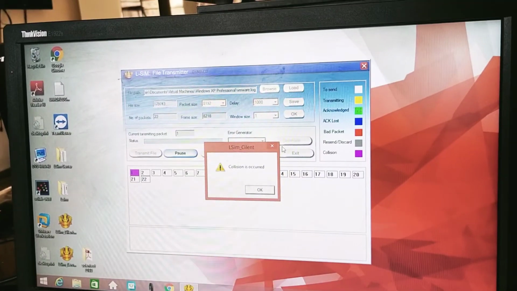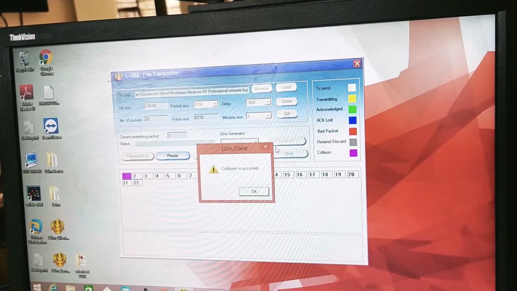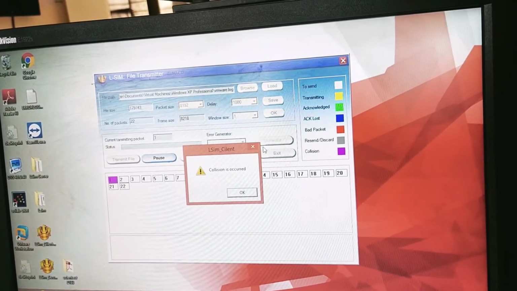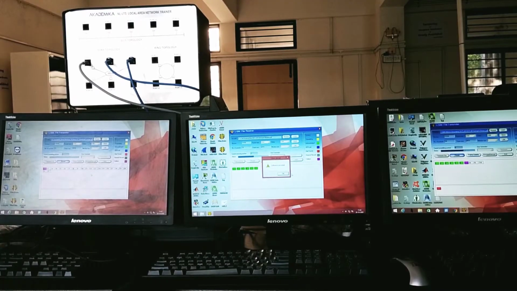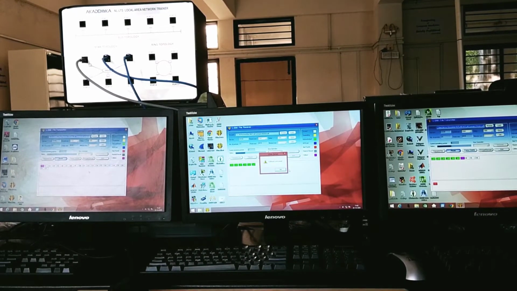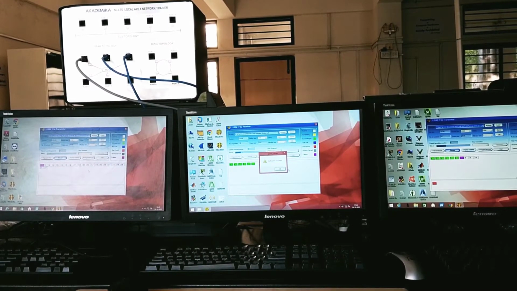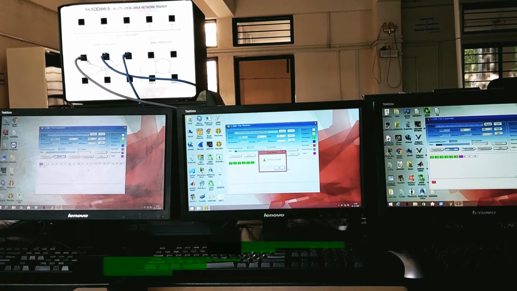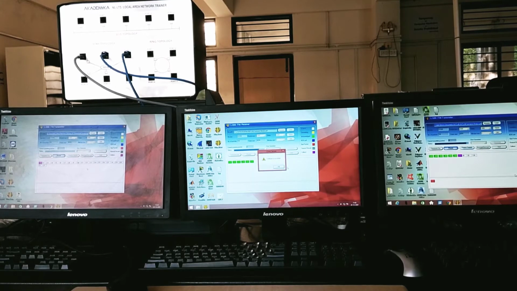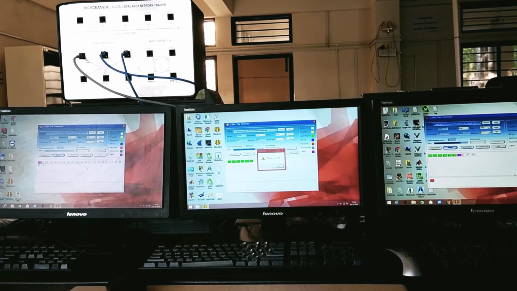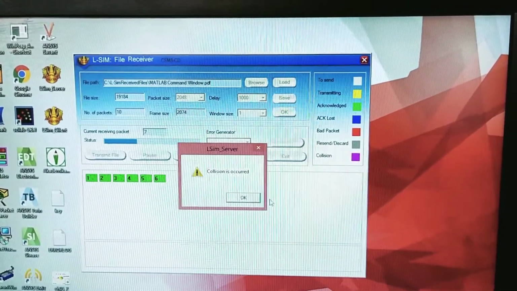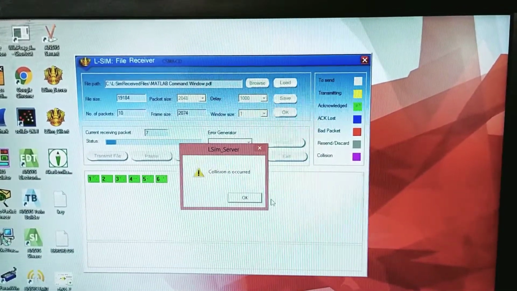Same thing will happen. Packet will collide, will get colored magenta, and collision occurred message will be displayed. This will keep on happening as many number of times as collision will occur. But that is the basic nature of the CSMA-CD protocol. It will detect the error, will remain silent for some time, and then again will start the transmission. Again the error has occurred due to collision. It is showing that on the receiving part.